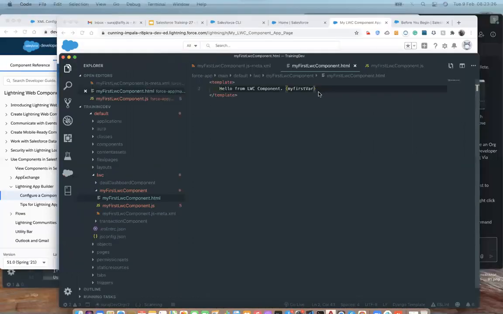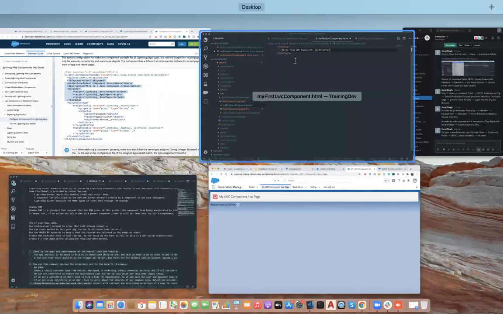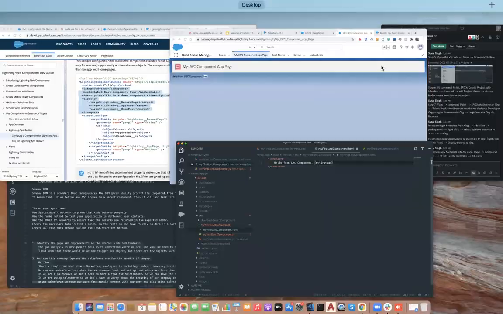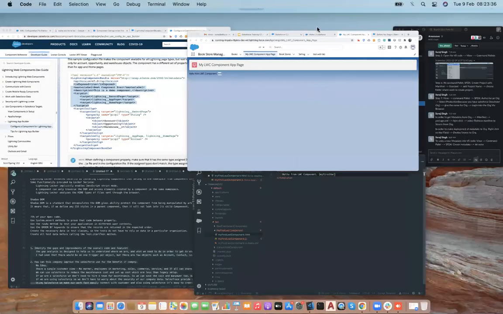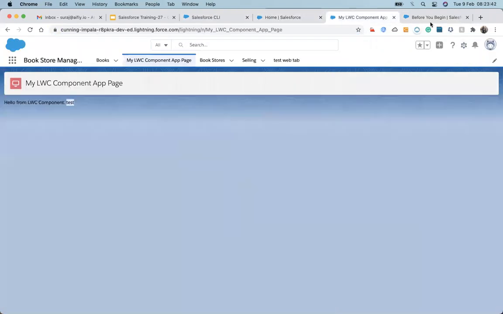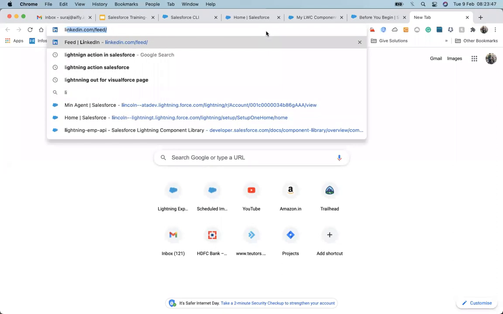Let's have a look at how this variable works with events. Events means the button click event.